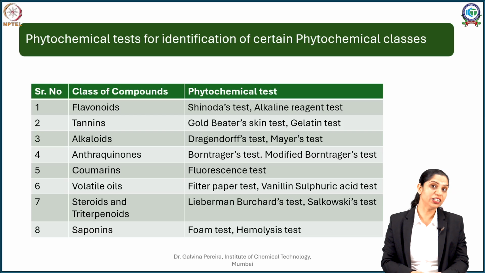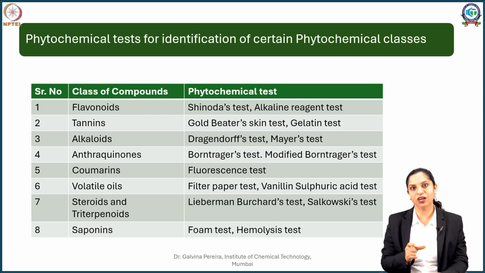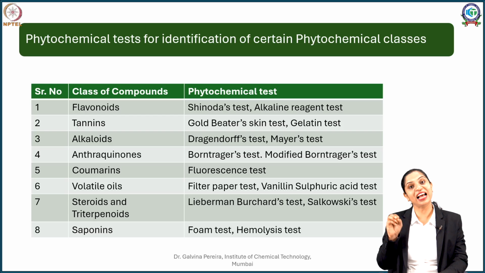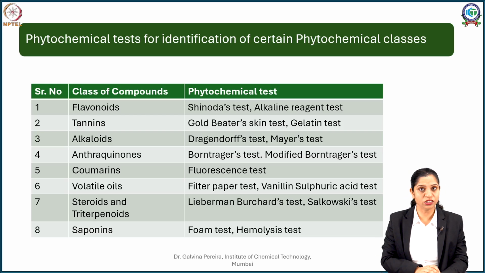Not only that, we also discussed steroids and triterpenoidal compounds. Do you all recollect this test? It is more specifically called the Liebermann-Burchard test, in which you took an anhydrous chloroform extract of your drug, carefully added acetic anhydride and then slowly a small quantity of concentrated sulfuric acid. You get a greenish coloration. Similarly, you did the Salkowski test but without the acetic anhydride.